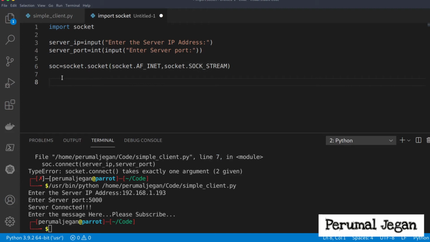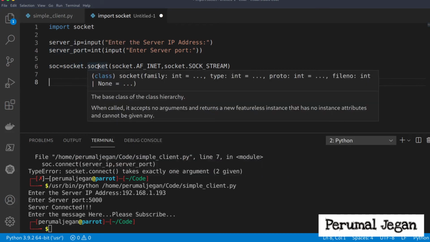The next thing we need to do is bind this socket with this IP and the port, because whenever a client requests something, the server has to respond. For that, it has to bind its own IP address and the port with that socket while responding.